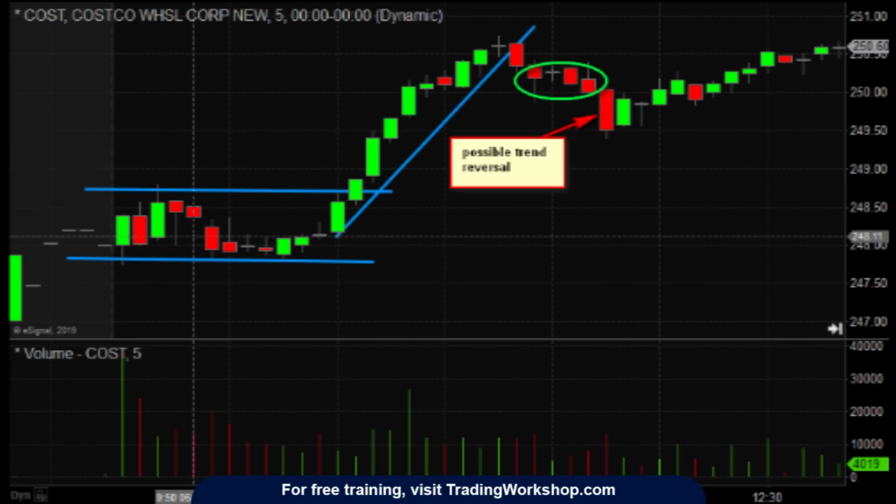So many people are going to be long it on the break of that range. And the question is, after it runs up there a few dollars and it breaks the trend, what do you do after it has that tight consolidation? Well, we covered this in an earlier one. In the earlier one, it actually continued up. It didn't break down. In this example, what happens after it breaks the uptrend is it breaks to the downside. We have to get out of our position at that point because this might be the beginning of a large